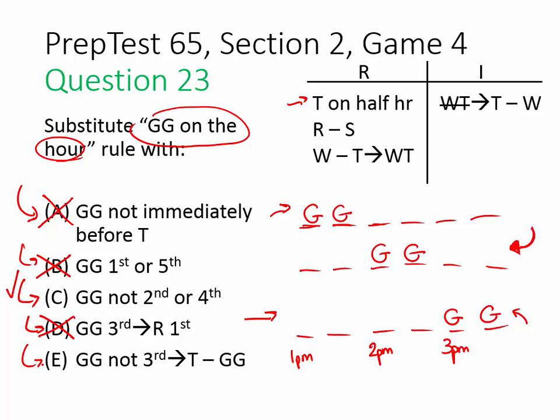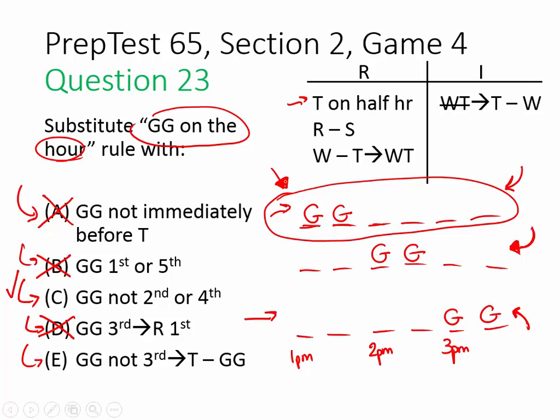And finally, in answer choice E, if G is not third, then we know something. Well, if G is not third, then we could potentially be dealing with this one or this one. And let's see what it says about those. If G's not third, T comes before G. Well, T couldn't come before G up in our top option here. Thus, this rule would essentially be negating the possibility of this limited option up here on top, and that's too restrictive. So yet again, a too restrictive rule, reconfirming that C is the one we're looking for.